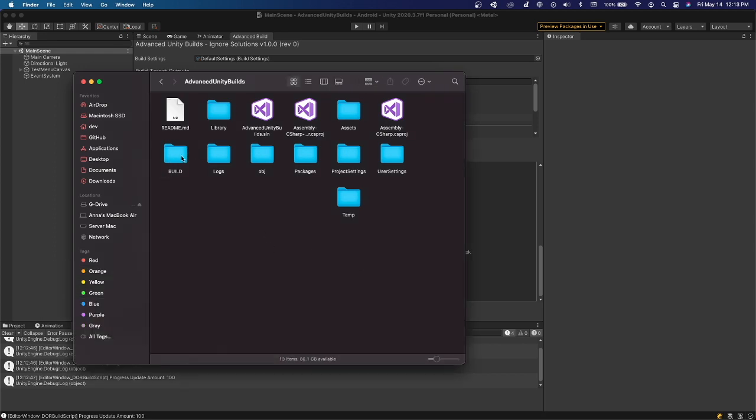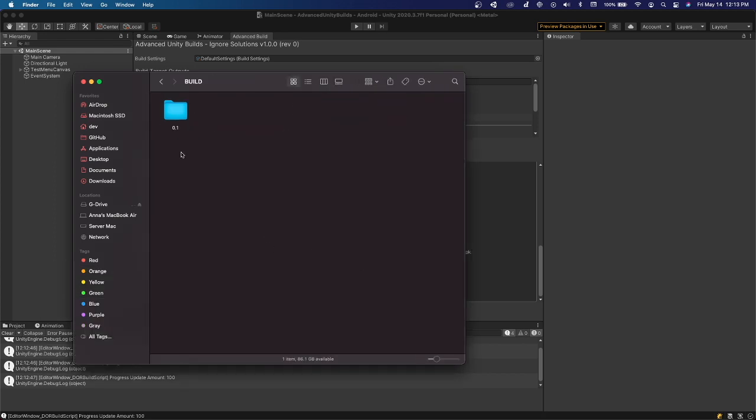So now if you look in the build folder in your project, you'll see if you click on the version in here, you've got subfolders created for all the different architectures that you've built for. You've got Mac, Windows, iOS, Android, and Linux all in here. And if you drill into these folders, you'll find your binary right here ready to go. Same thing with Windows here. Linux the same way,